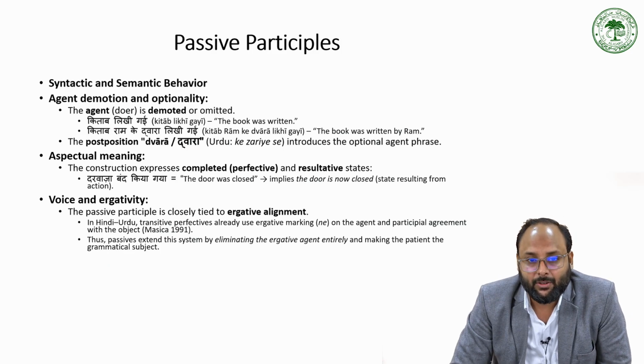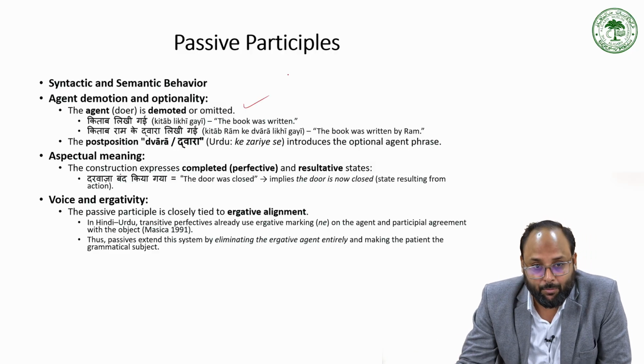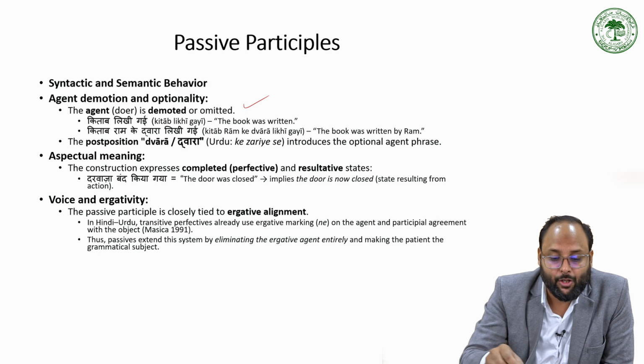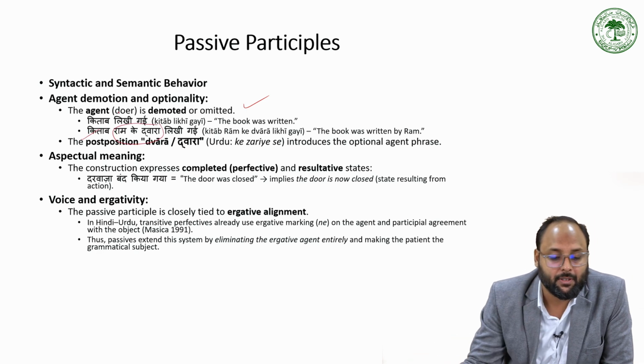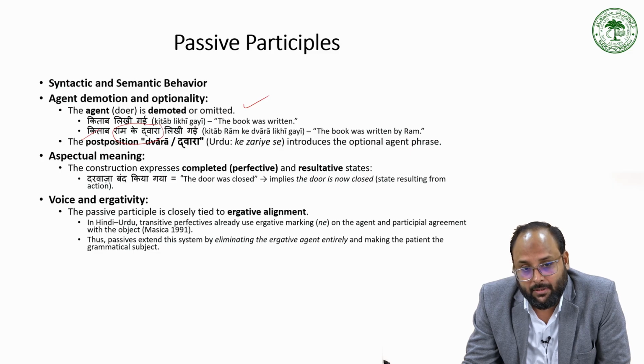So syntactically, the agent, the doer, is omitted, which is not important. किताब लिखी गई, and we can also add, किताब राम के द्वारा लिखी गई, किताब राम के जरिए लिखी गई. So here the agent is not important. Which is important? किताब is important. Aspectual meaning: it gives the meaning of completion, perfective or resultative, like दरवाजा बंद किया गया. So the action is completed or resultative, and it has some alignment or ties